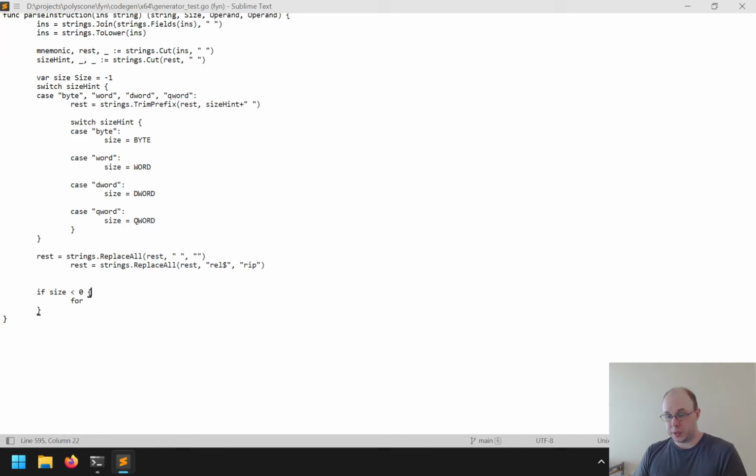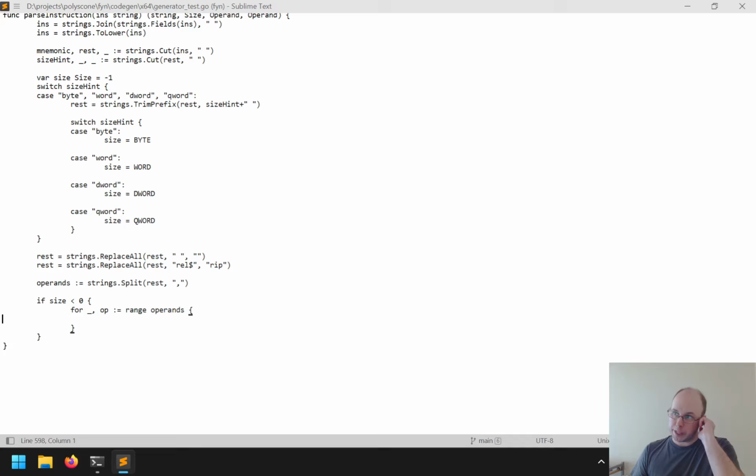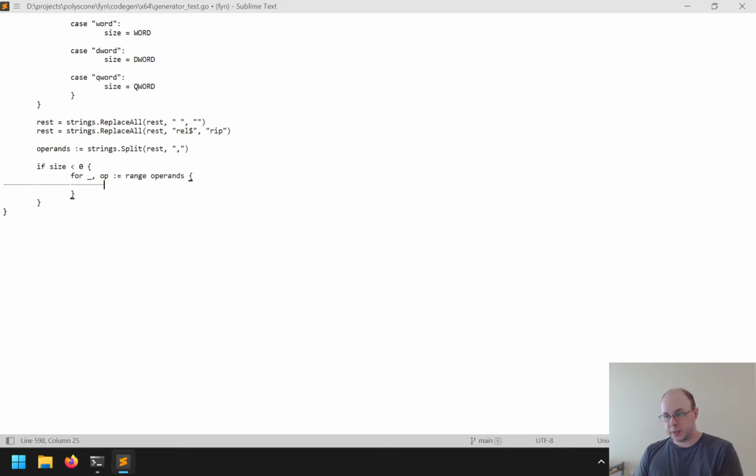And then what we'll do is get the operands. So we'll say operands is strings.Split of rest by comma, because all of the operands should be separated by commas at this point. So for all of the operands, we basically want to see if we can match a register name and get the size based off of that. So we'll do, for example, a switch on op and see if it matches one of the byte-sized registers or not. So we'll say, for example, AH,